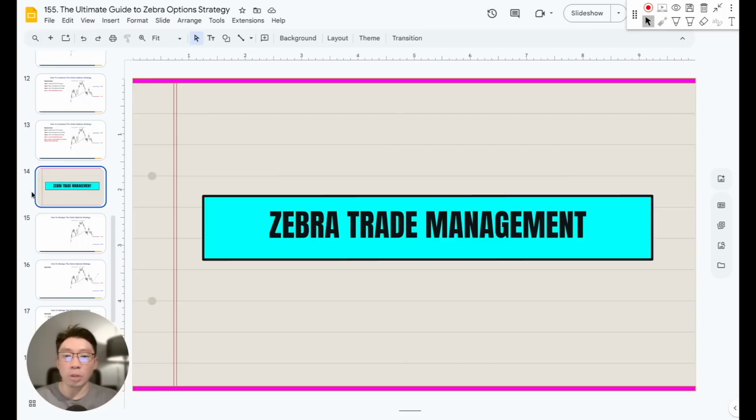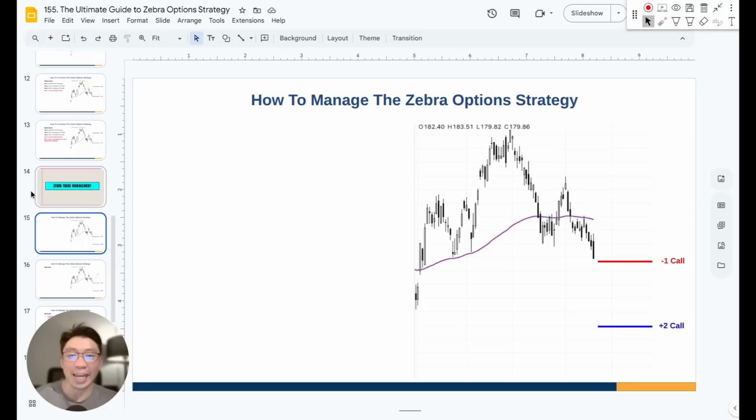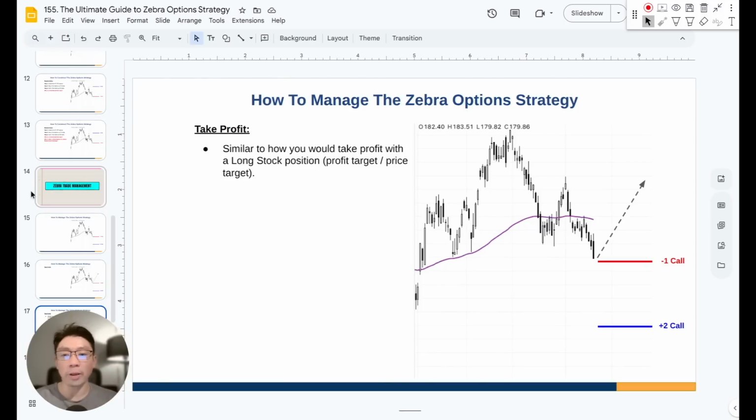Okay, so now that we know exactly why the zebra is constructed in the way that it's constructed, let's talk about trade management. So trade management, let's first get into the take profit. How do you exactly take profit on the zebra? So the zebra is a stock replacement strategy. So the first way that you can take profit is actually going to be very similar to how you would take profit with a long stock position,